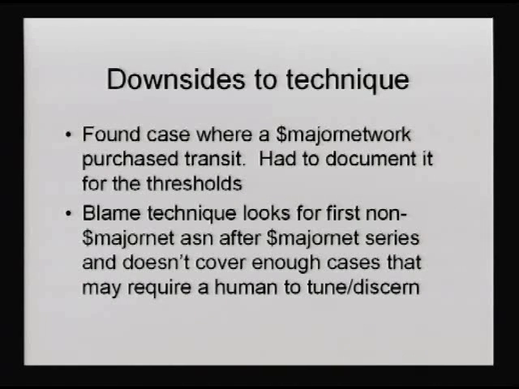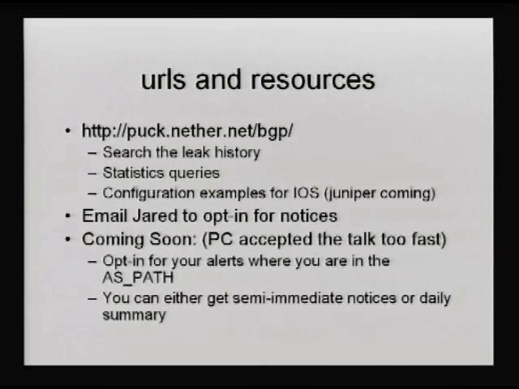I also have this blame technique where I look for a series of the major network ASNs, and I generally assume that it's a smaller provider, that those networks are responsible enough that they're going to be able to not leak themselves. And I go and find the ASN after the series of the major network ASNs. And I sort of say, well, it's probably them, and go ahead and flag that, as well as storing who the Tier 1 or major network ASN is. So I do that. So I actually have a web page for this.